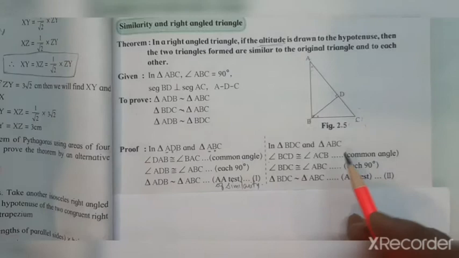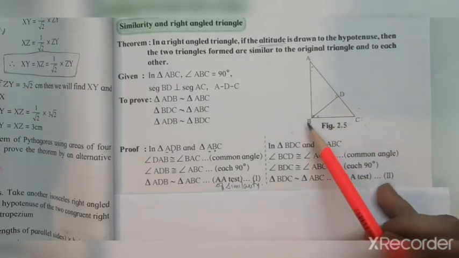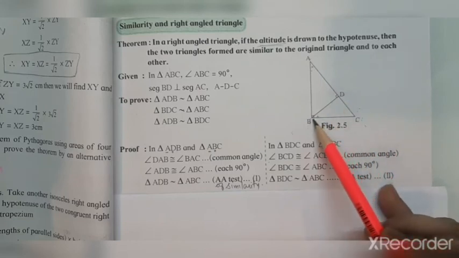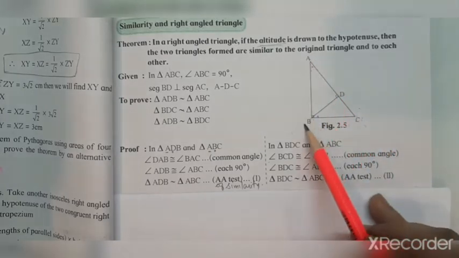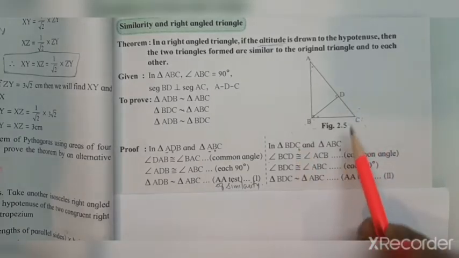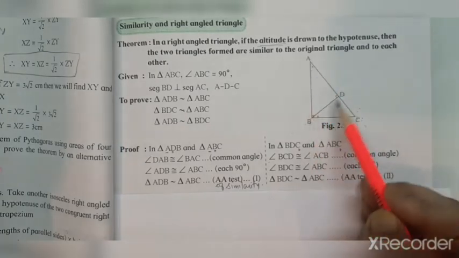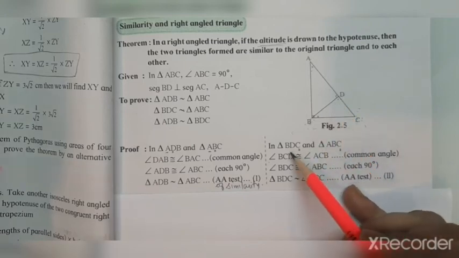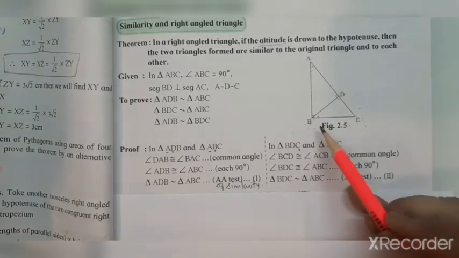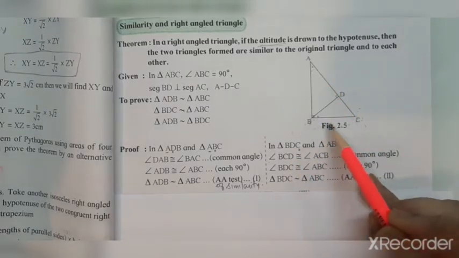Now we go to the other two triangles. Which are the other two triangles? BDC and ABC. Now when we have to name the bigger triangle, because C is common, therefore C is written third. So C is also written third because BDC and ABC. Now when we write BDC, center D is written in the middle, the 90 degree angle. So when you are writing the name of the other triangle, the 90 degree should come in the center. So the name is BDC and ABC.